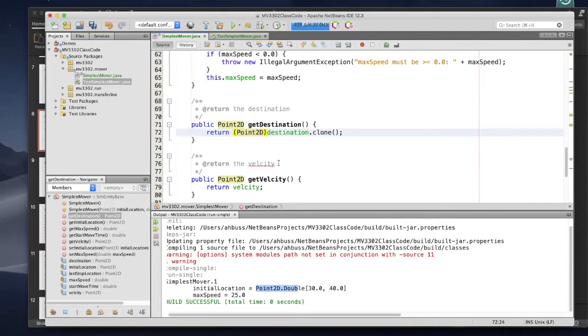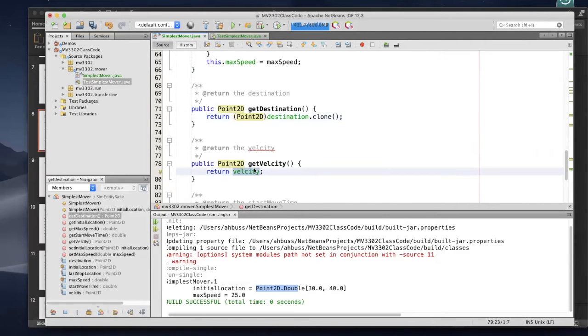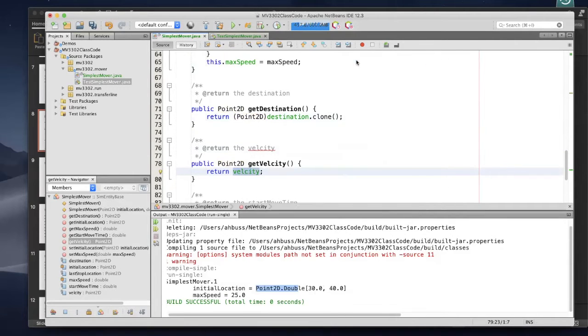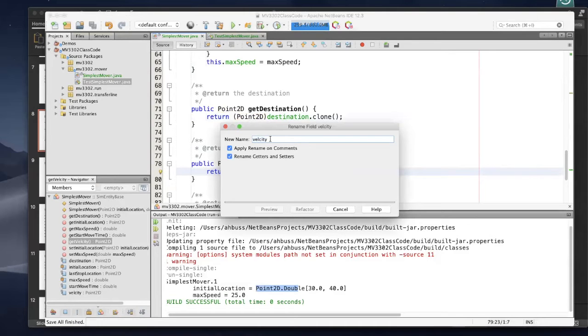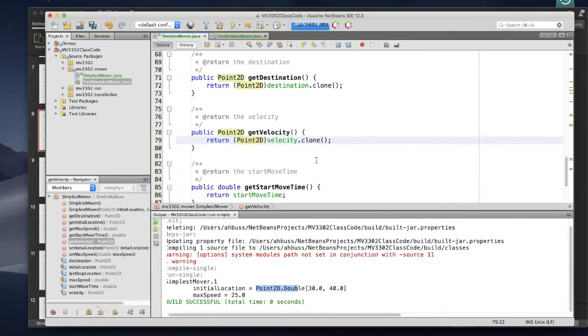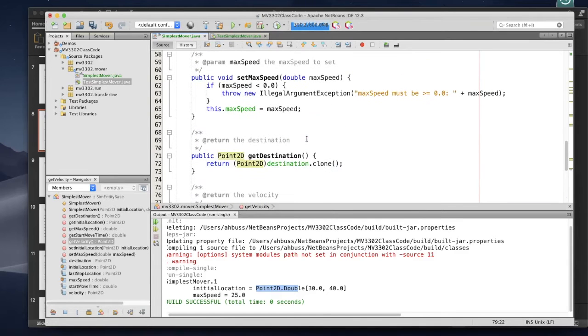Okay, now I see I've fat-fingered velocity. Now, I think I've shown you this before, but if I refactor and rename it, I can change it everywhere. Okay, notice it changes the point2D. Start move time is a, okay, this